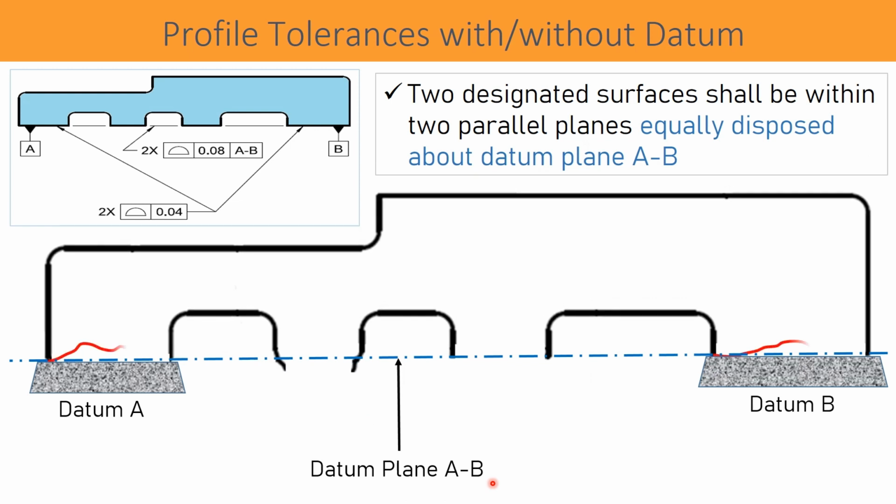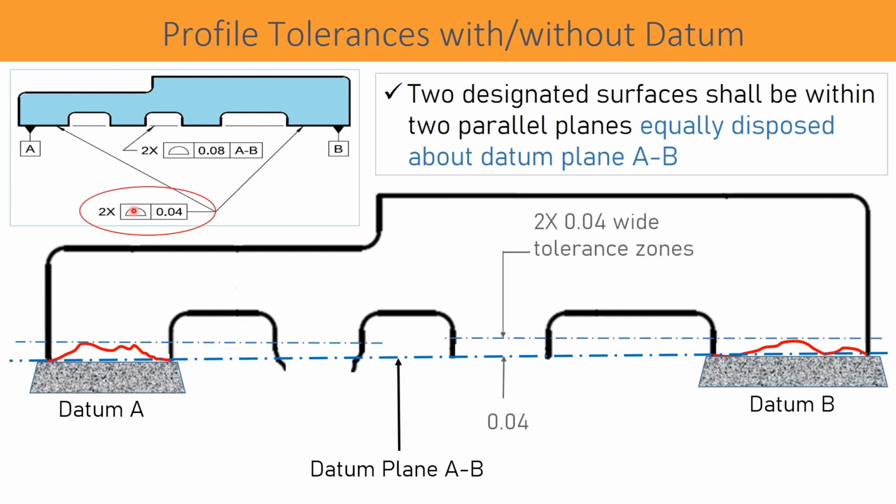Now, these two planes first of all must be within 0.04, as 2 into profile tolerance 0.04 is given for datum A and datum B. So, as we studied in the last slides, these two datum planes are themselves coplanar within 0.04. Okay. Then from this datum plane, the tolerance zone of 0.08 for these two planes is equally distributed